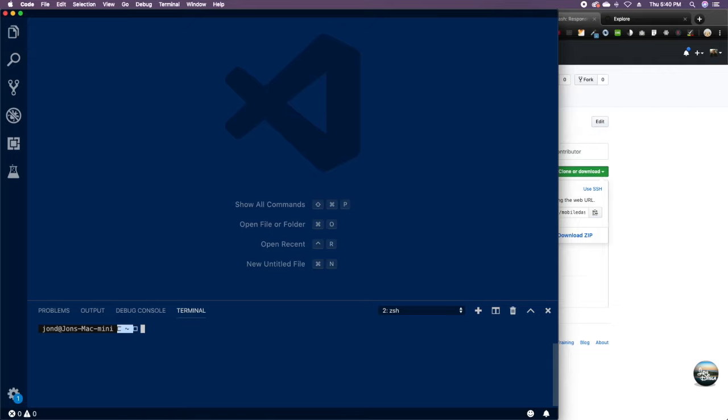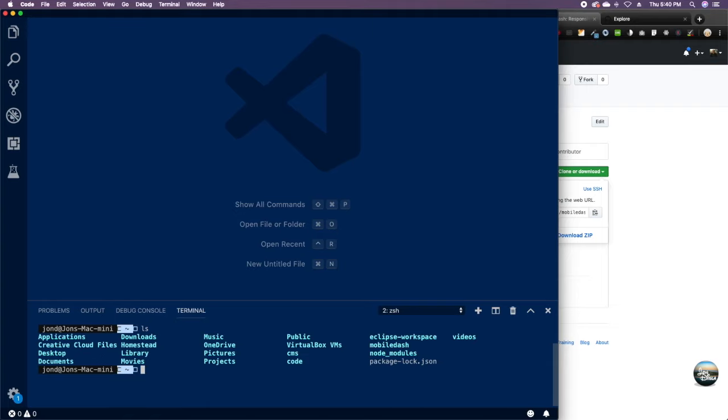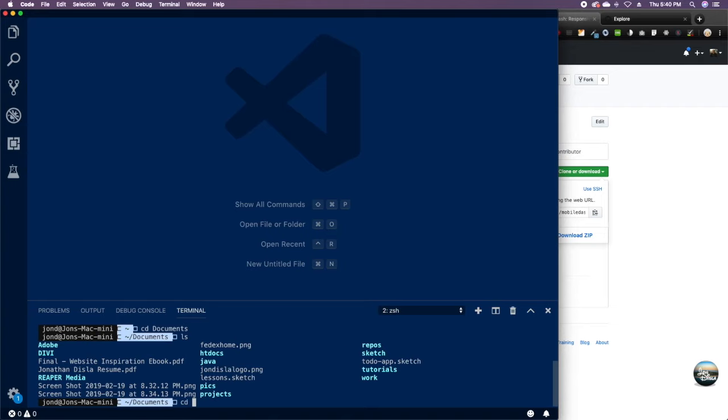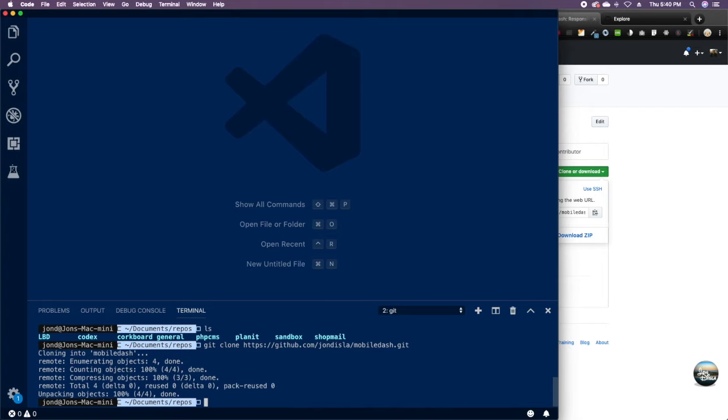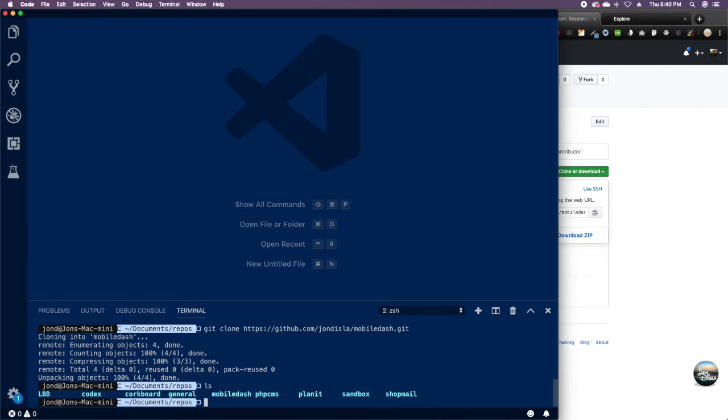Oh, before I actually do Git, you have to get into the folder. So let's see where I am. I'm going to go into my documents, and in my documents, I have a lot of folders here, but anyway, I'm going to go into repos. And then in repos, I'm going to git clone, which is a git command, and then I'll paste the URL of my repo. Okay, now I do ls, and as you can see